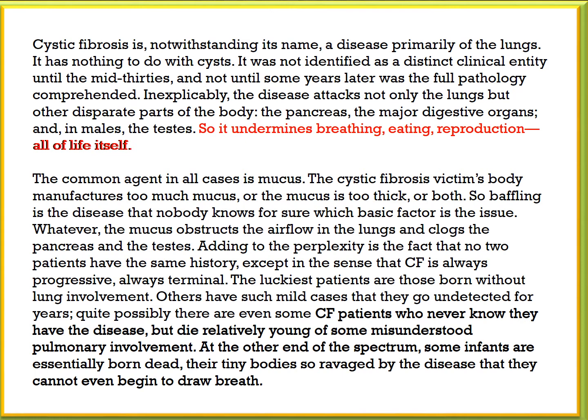In other words, it undermines breathing, eating, reproduction, all of life itself. Now look at the end of that second paragraph as well. Well, these are information paragraphs, but notice how this author very purposefully, this author knows where he's going. So even at the ends of these informational paragraphs, he's preparing his audience for what's coming next, because in the end, this is what this information, all of this